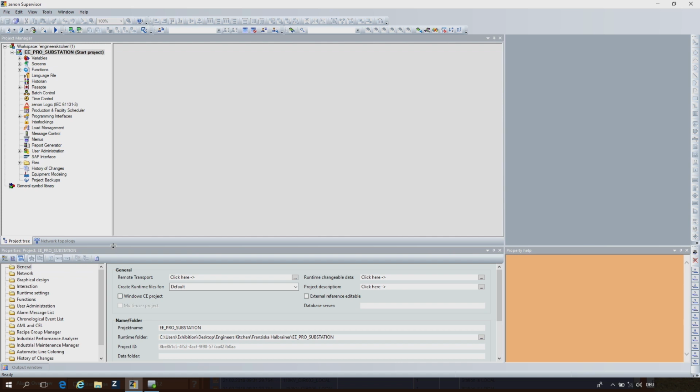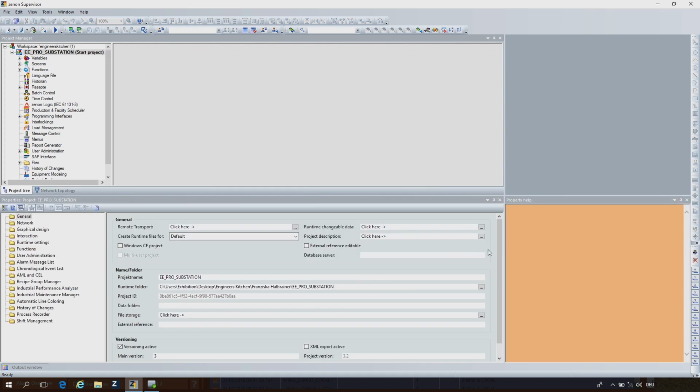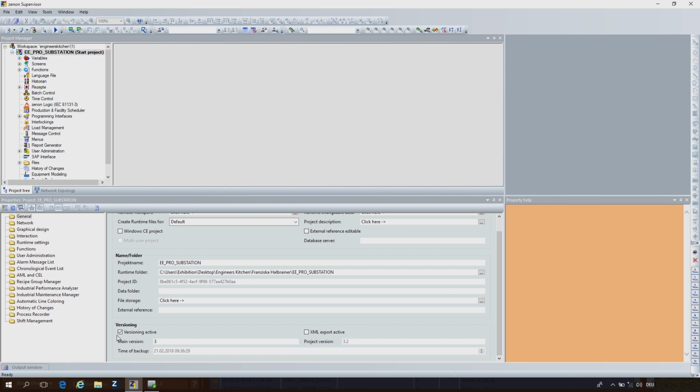Yes, if you configure project versioning in combination with the process recorder. So when you check the version active, every time you change the major or the minor version by making some project backups, you reload it, you get a new project version in the process recorder. And when I step backward or forward and I hit this marker from the time where I reloaded, then I get the project backup restored.